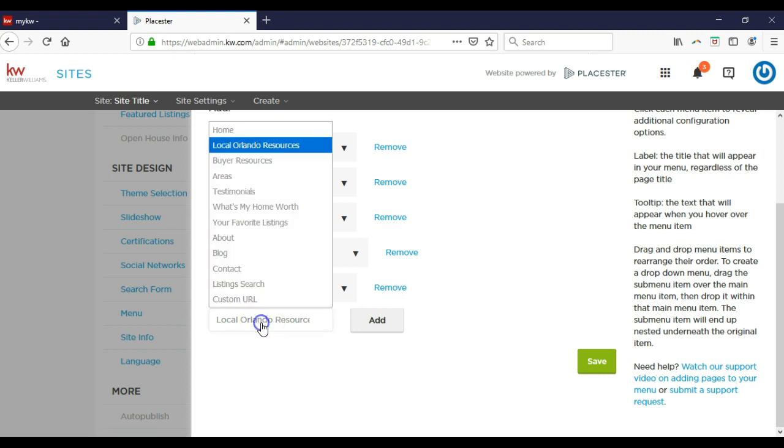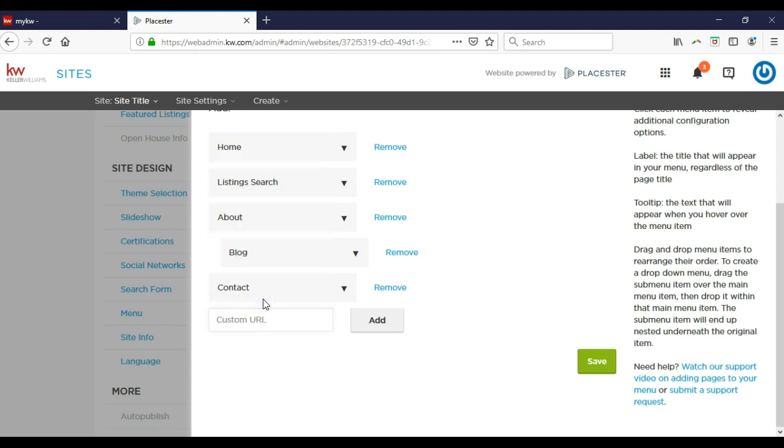And another cool thing, outside of just adding additional pages that are in your backend that you can utilize, and some of these I've already gone through and created, you can also click on the custom URL option. All right, so if you want to add a little menu option that'll just sync up with a different website or a different URL, you're definitely more than welcome to. All right, so in this case on here, if I click on the custom URL and I click the add button,